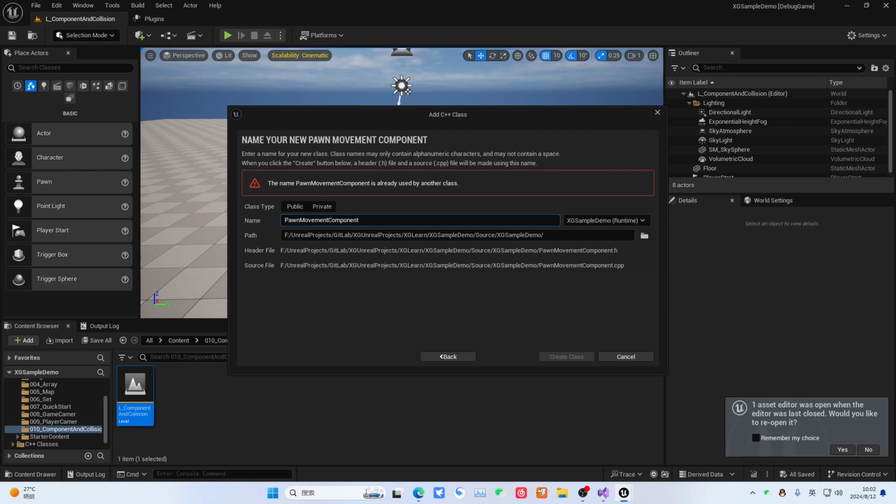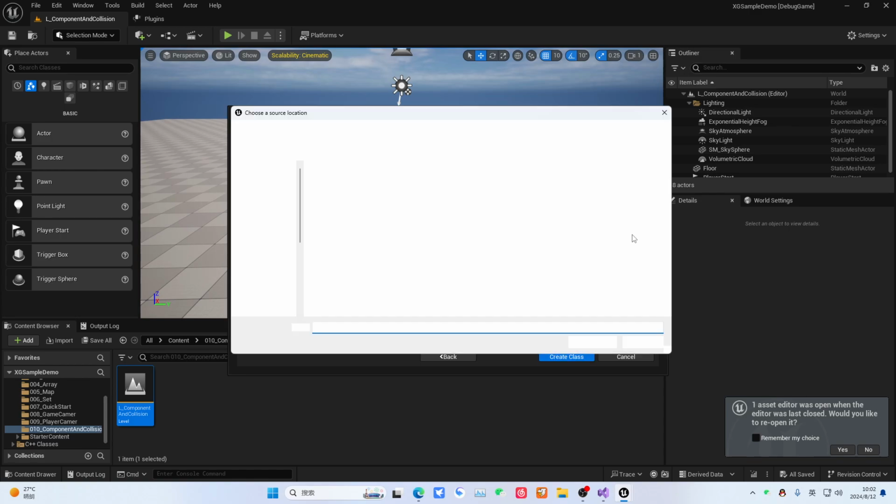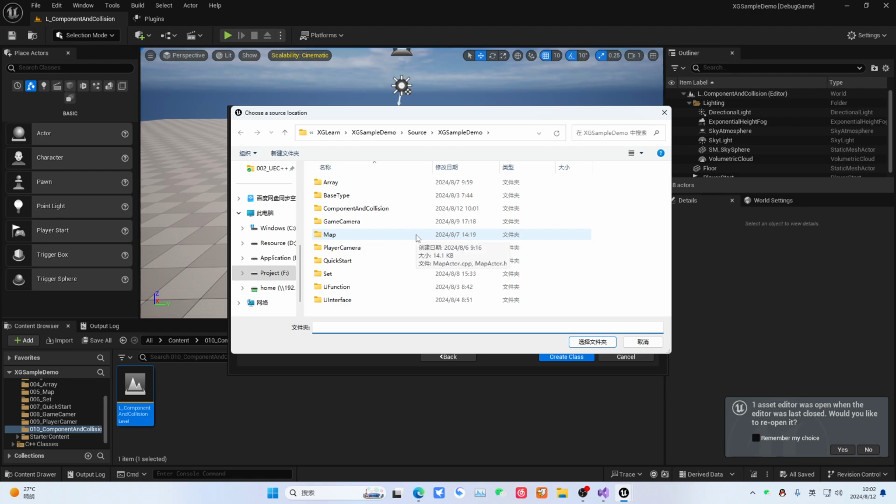For this movement component, we'll call it this name. You see, there's actually a hint here. You see, the name must not be longer than 32. You must not exceed 32. And we also do not recommend writing it directly. Writing it directly will cause problems because there is a maximum path limit. The issue is that